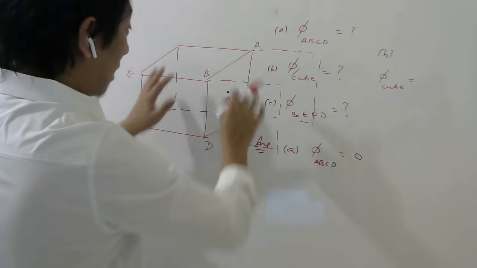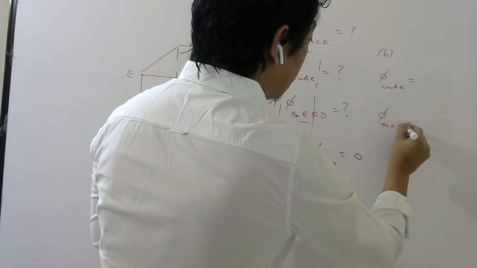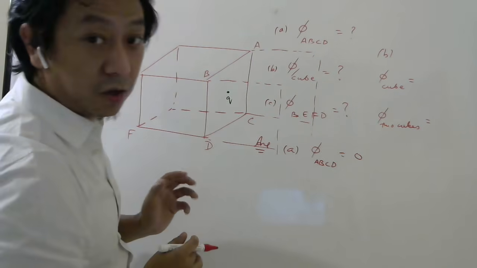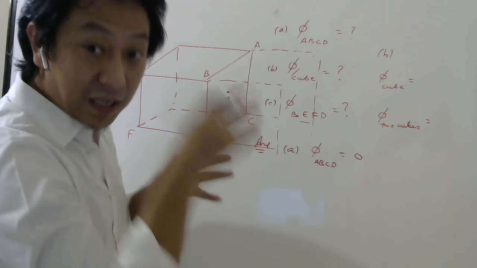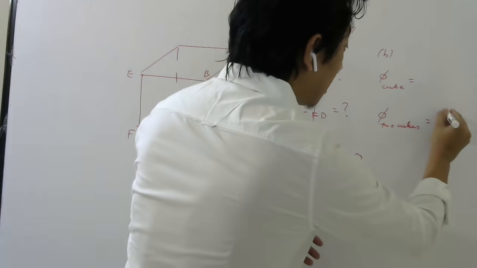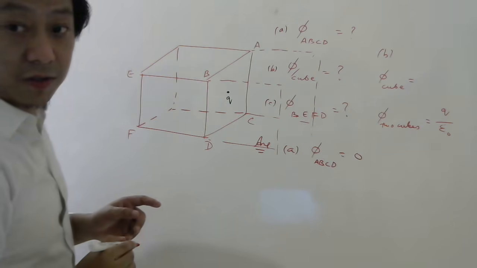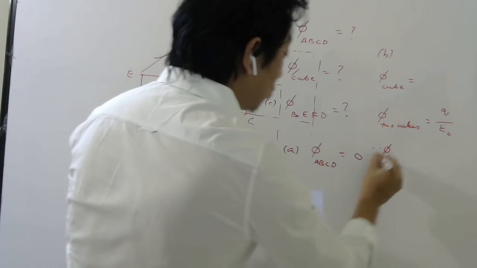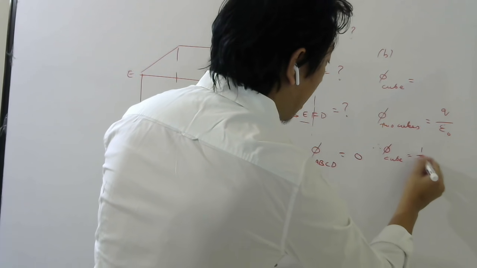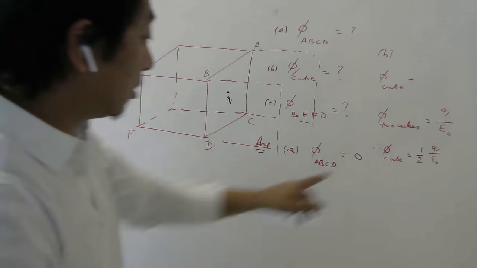Yes or no? So now for these two cubes, if I ask the flux through the two cubes, I can use Gauss law because for these two cubes, the charge is inside. So what is the flux through the two cubes? According to Gauss law, charge inside is Q divided by epsilon naught. Yes or no? Therefore, what would be the flux through this one cube? The question was to find the flux through one cube. That will be half of Q by epsilon naught. So this you have understood, right?